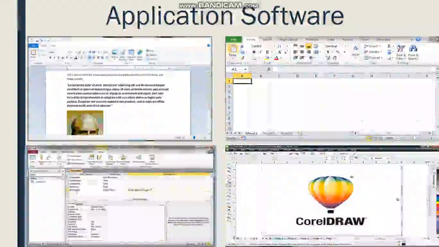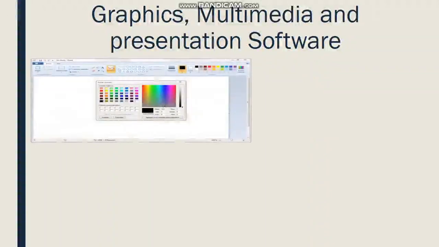Now let us proceed to the next topic, that is graphic, multimedia and presentation software. Now under this topic it says, it is a known fact that pictorial representation provides a better way to understand a concept. As we know, by visualizing some graphical animation we can remember things better. Now let us understand the software. The first one is graphical software.